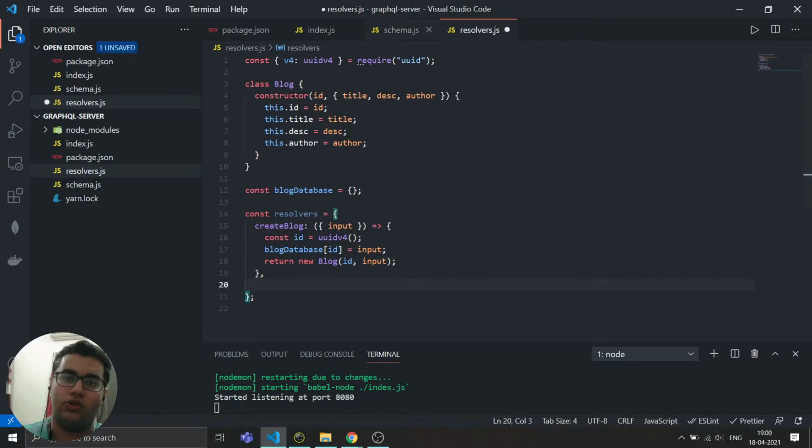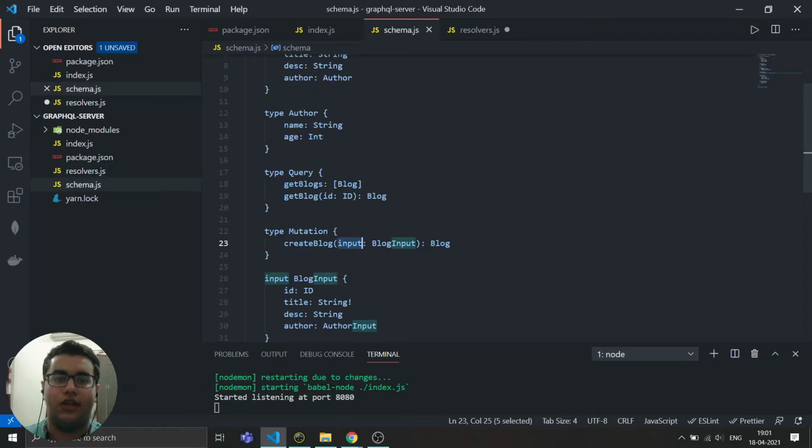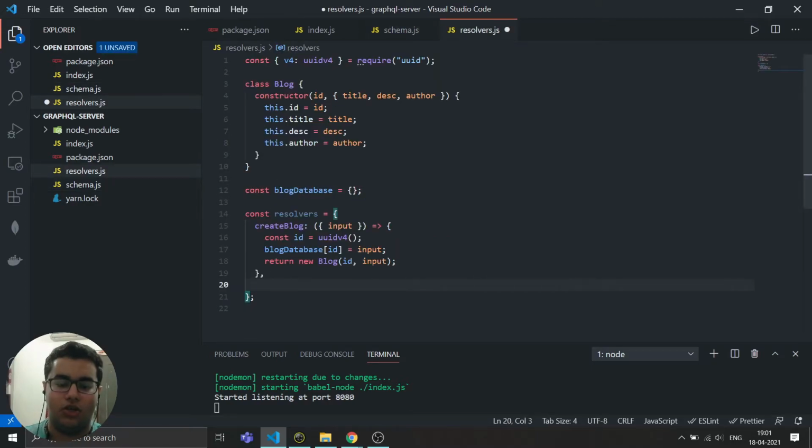Now the next thing that is coming is the query, that is getBlog and getBlogs. We will first do it for getBlogs. getBlogs won't take any parameter, it is just a function, and it is going to return an array of blogs.